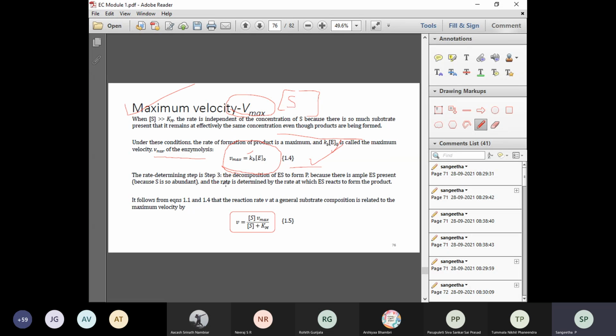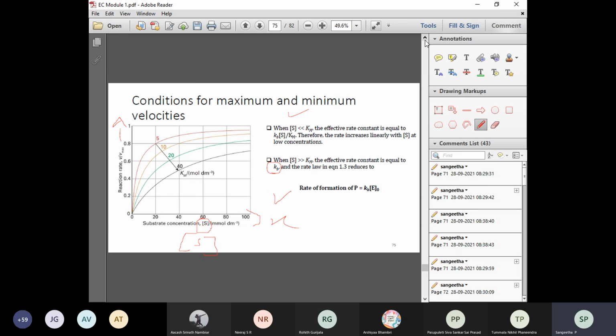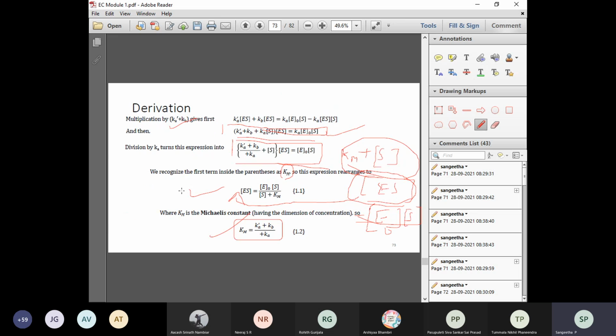So the rate determining step is step 3, the decomposition of your enzyme substrate complex to form your product P. Because there is ample ES present, the rate is determined by the rate at which this enzyme substrate complex reacts to form the product. And finally, when you get back to equations 1.1 and 1.4,